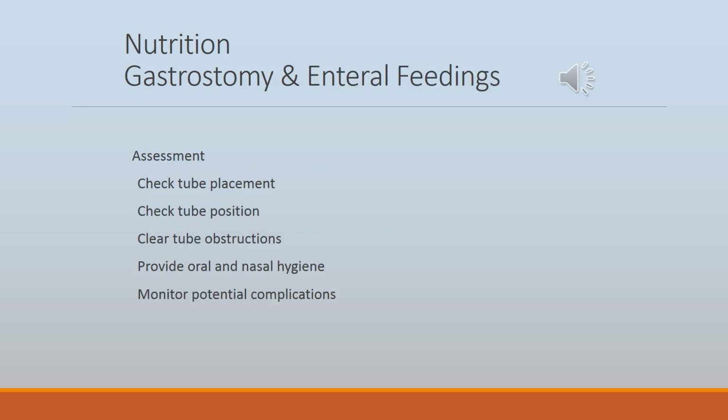Gastrostomy and enteral feedings are exemplars under nutrition. Gastrointestinal intubation is the insertion of a flexible tube into the stomach or beyond the pylorus into the duodenum or the jejunum. The tubes may be inserted through the mouth, the nose, or the abdominal wall. The tubes are obviously of various diameters and lengths depending on their intended use.